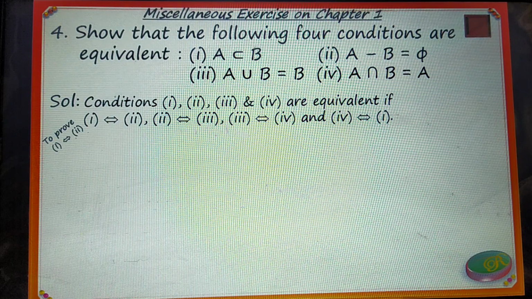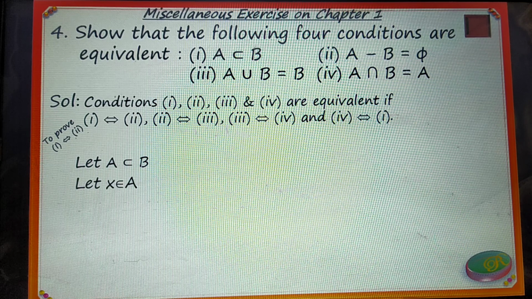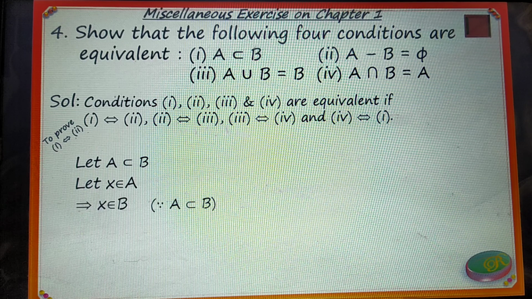Condition 1, if and only if condition 2. Let A be a subset of B. Let x belong to A. This implies x belongs to B, because A is a subset of B. Therefore, A minus B is equal to φ